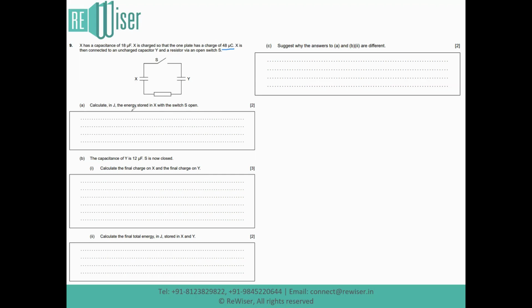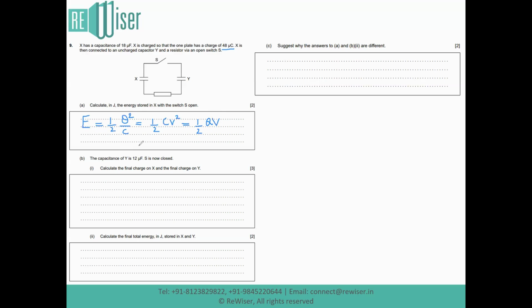As I've just explained, switch S is open, which means there is no current flowing. If there is no current flowing, there is no charge flowing in the entire circuit. So the capacitor X holds its entire charge of 48 microcoulomb. So energy in a capacitor, we can write the formula in three ways. We can write it as half Q squared over C. We can write it as half CV squared. We can write it as half